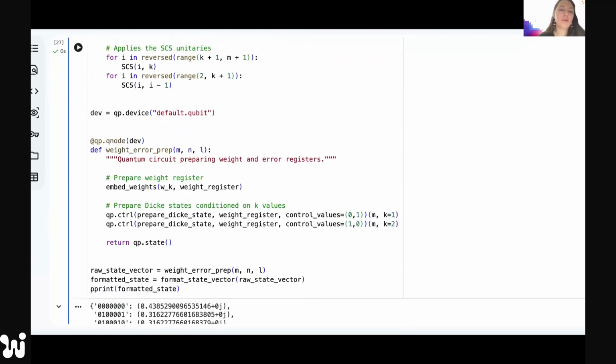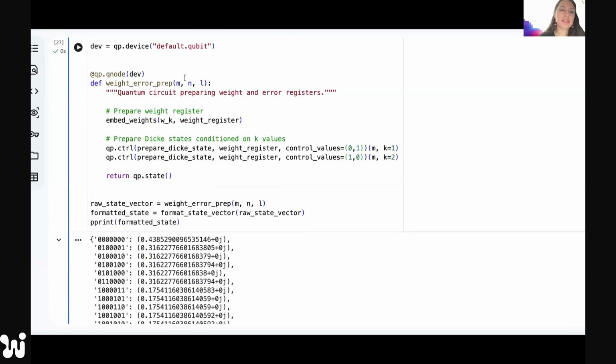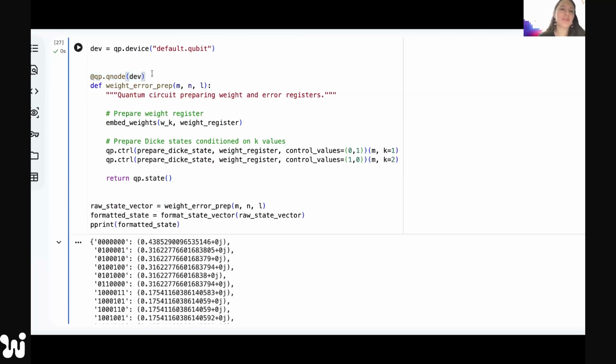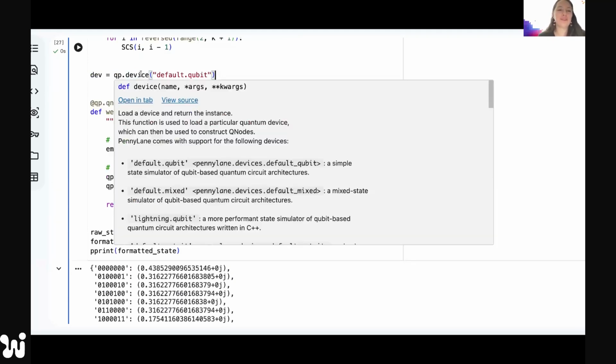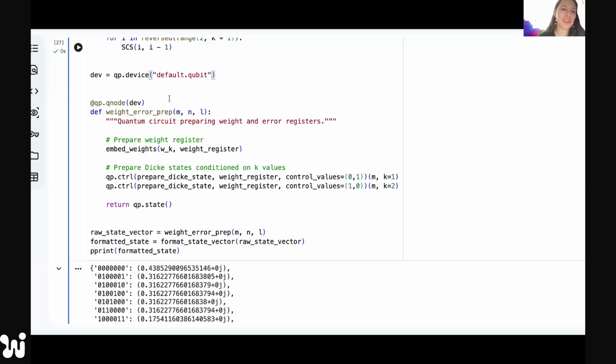All right, so far we have prepared the DQI states, and now we have the Q node. I'm assuming everybody here knows PennyLane. You know that we create a device. This time we're using default qubit. Hopefully this should be familiar for many of you. And now we create this Q node that attaches the specific quantum function to the device. This specific Q node takes 3 arguments: the size of the matrix B, M and N, and L, which is just some length that I defined earlier.